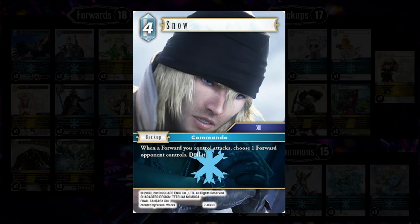And finally, Snow. To be honest, I'd probably play Snow in place of Une, just because some of the forwards in this deck are small, something like Rydia or Charlotte. Even with Charlotte's got a damage 3, being able to push past a forward that you can dull out and then use it to become frozen with Terror or some other means is just really good. And being able to apply a bit more attacking pressure, because one of the things this deck